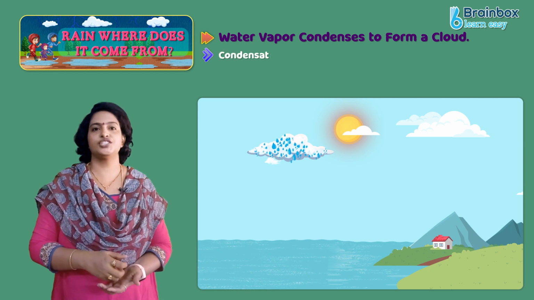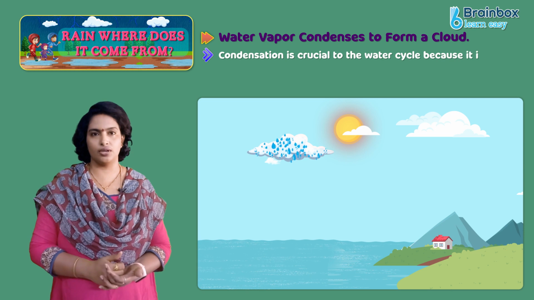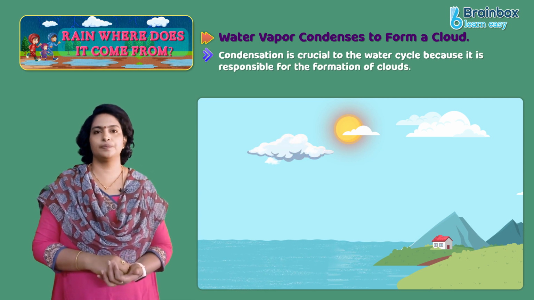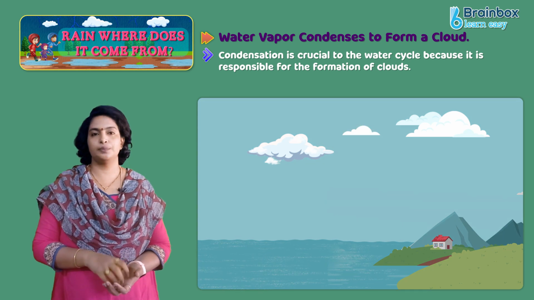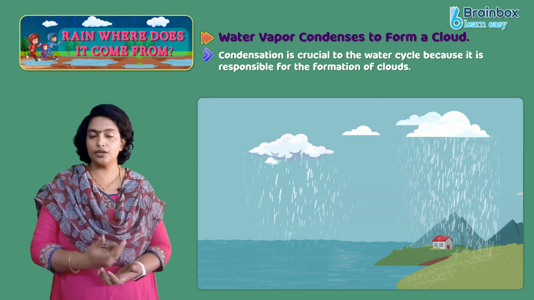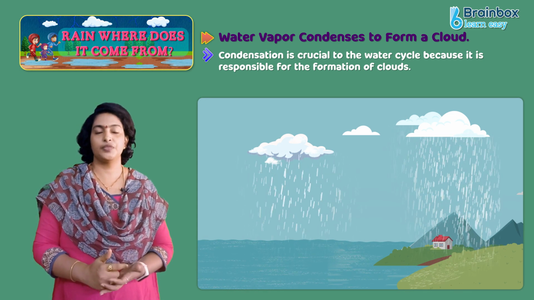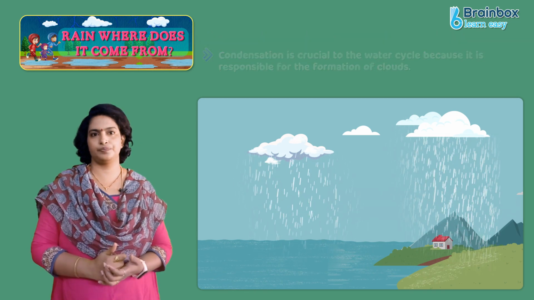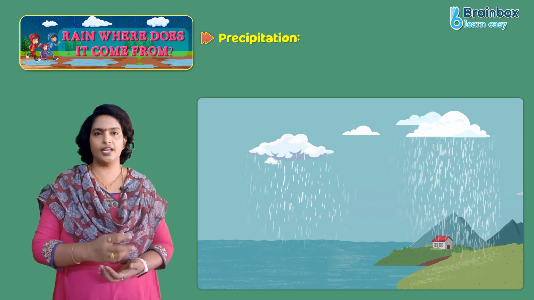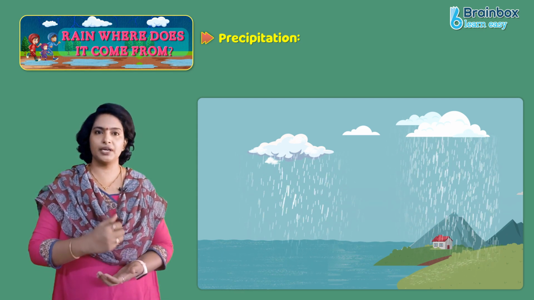So condensation is crucial to the water cycle because it is responsible for the formation of clouds. So these clouds may produce precipitation, which is the primary route for water to return to the Earth's surface within the water cycle. So coming to precipitation, if the air begins to cool, such as when air warmed by Earth's